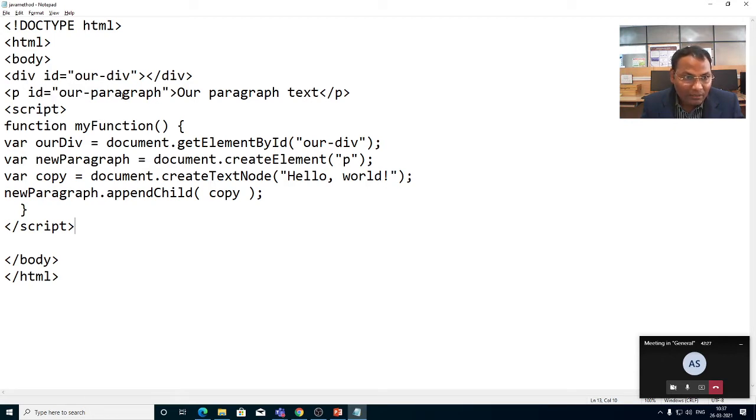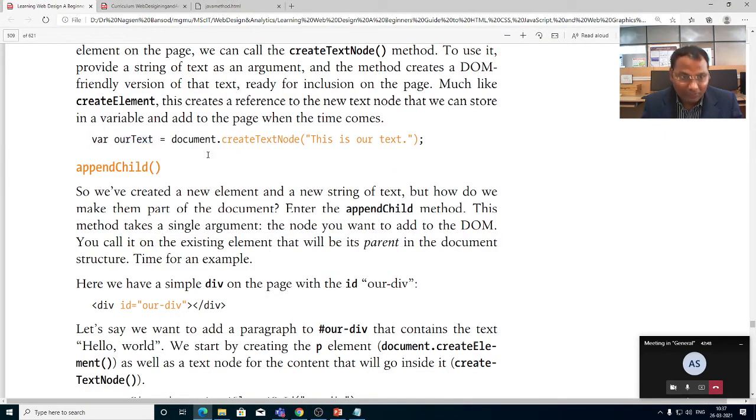Not yet is our paragraph text message displayed in this script, but after append this message will be displayed. Just the message is created and then it will be displayed when we display it.